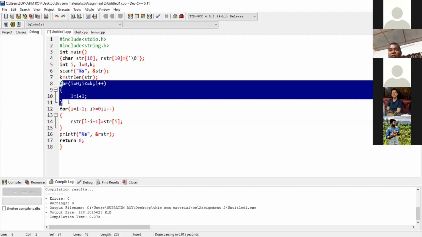What is the use of L equal to L plus 1? Sir, no use. Either you can go for strlen or you can go for a loop with L equal to L plus 1. Because in reversing, in the for loop, you are never using k. Only l is used.